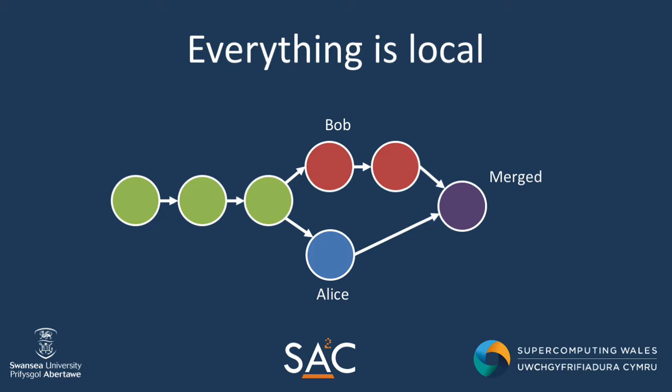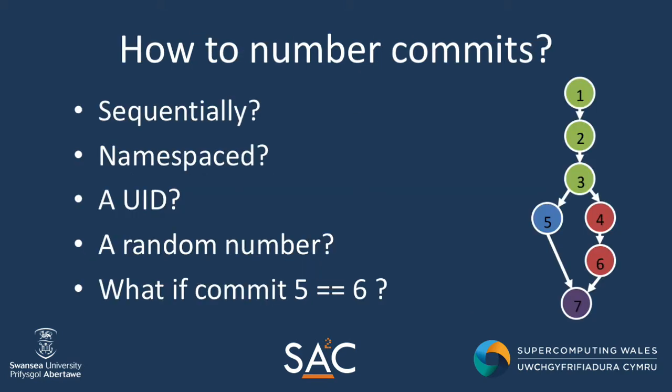The idea behind Git is that this sort of branching and merging is supposed to be very easy and supposed to be completely independent. Now, one of the instant problems that you see here that we don't necessarily have in centralized source control systems is how do we then go and number these commits. If we number them sequentially, which could be the simplest way of thinking about this,